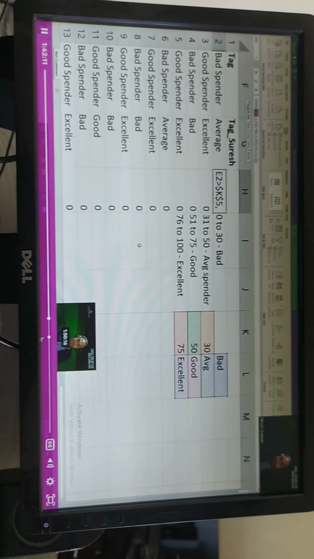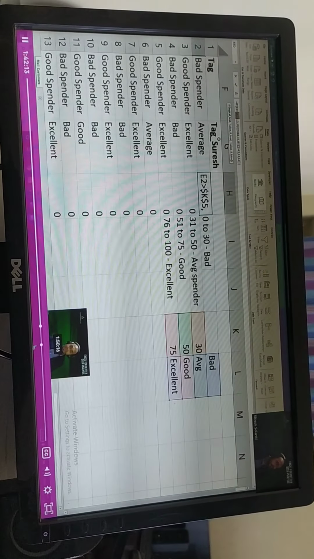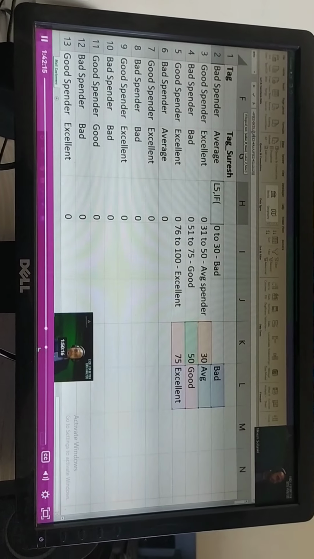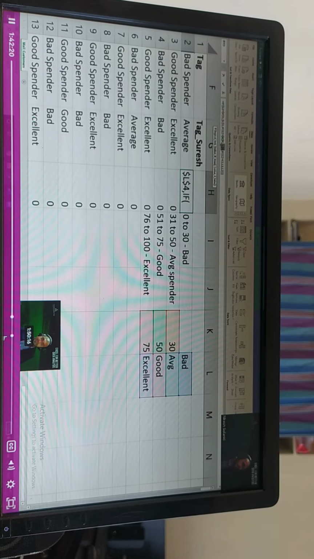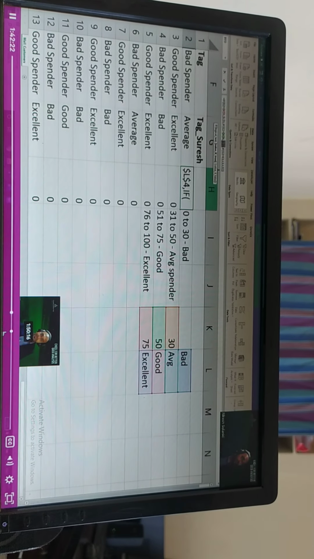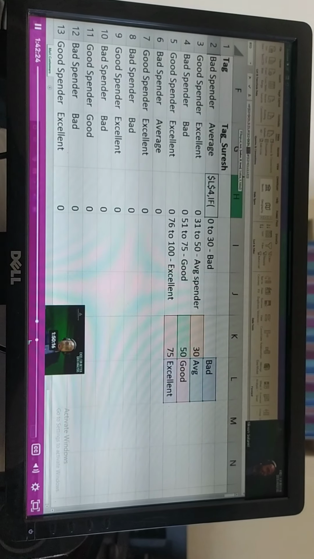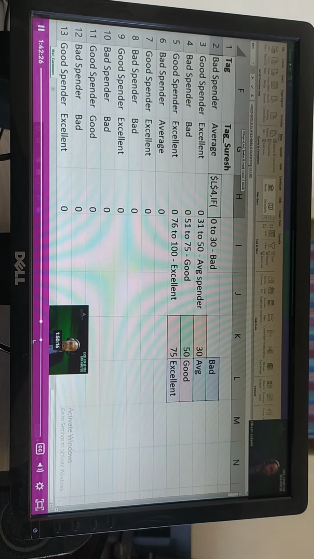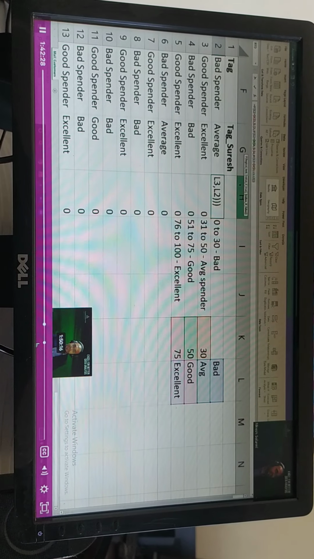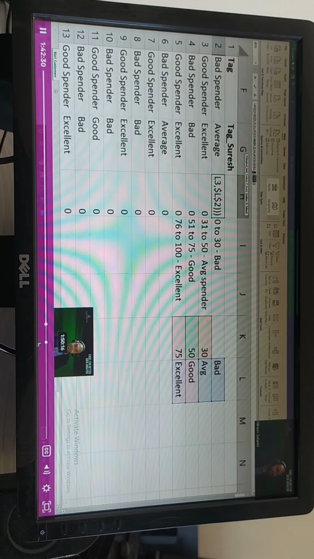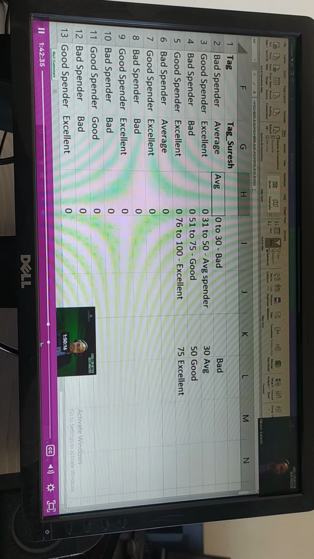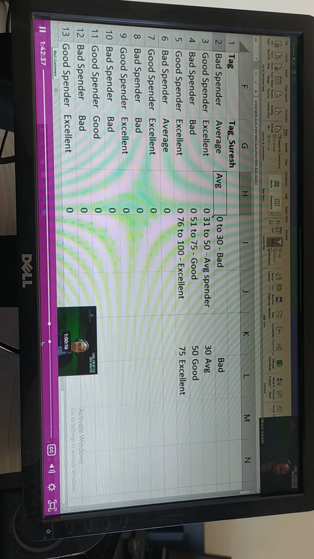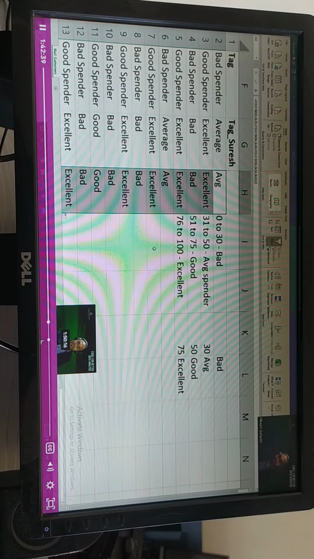The shortcut of lock is F4, you just have to click on F4. This is locked. Again, I will lock the K4, I will lock the L4. I'm not going to lock the E range, because E range is what I want that reference के साथ उसको नीचे change होना है. Change होना है, correct. So let's try this now. And this works.